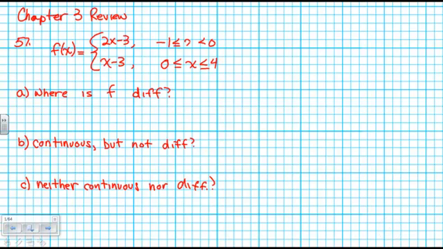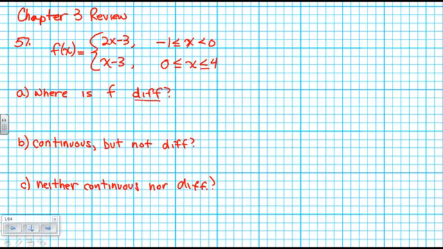So here's problem number 57 from the chapter review assignment. All right, and we have a piecewise function, and we're asked some questions about its differentiability and its continuity. Let's remark first of all that a function can only be differentiable where it exists and where it's continuous at